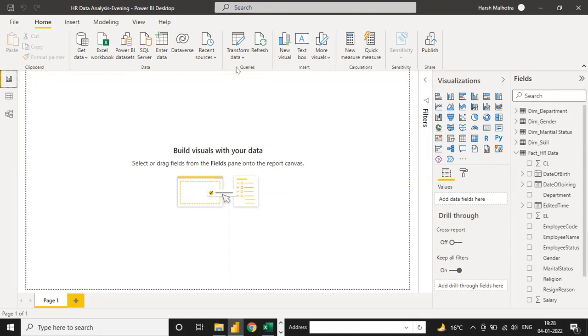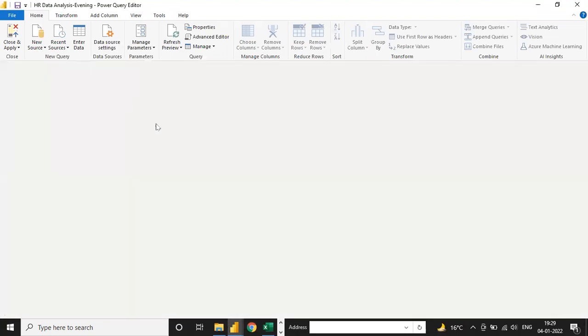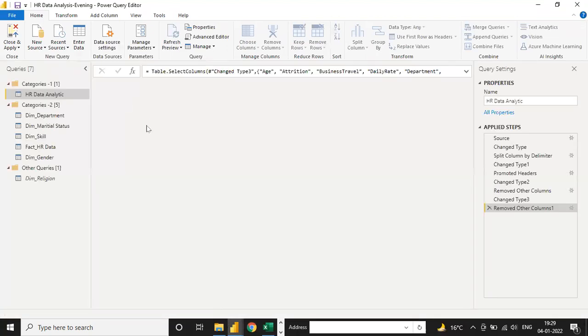Harsh: We have duplicate records, right? Those records, if I want to delete them from Power BI, how can we do that? From Power BI, the Transform query, here the duplicate records exist, right?